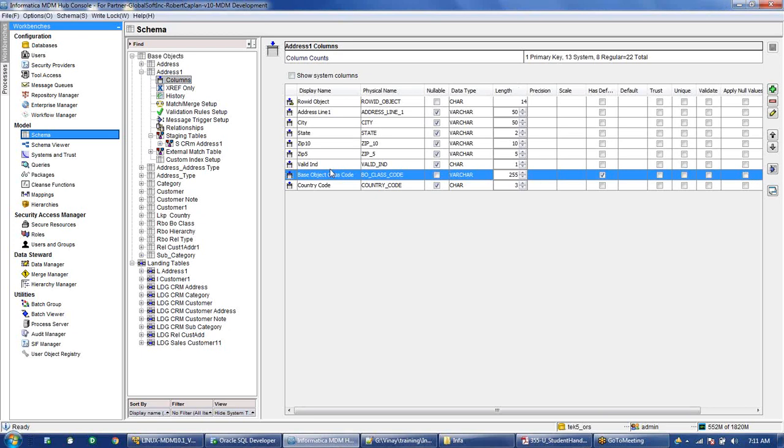So see, if we are in the development environment and we have some data, I can go and truncate this table, customer table or the address table, and I can work on it. But suppose MDM is already in the live environment, and at a later point of time the business says that I want to implement HM. In that case, we cannot go and directly implement HM on the production environment. Why? Because of this reason. Because these columns, whenever we convert a base object to an entity base object, this column BO class code gets created.